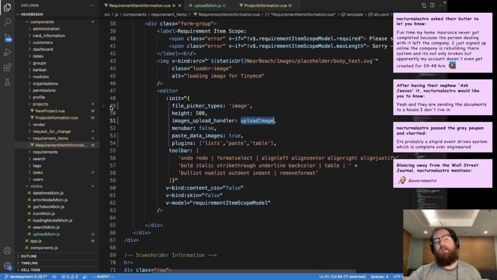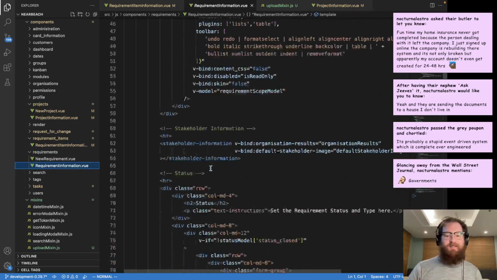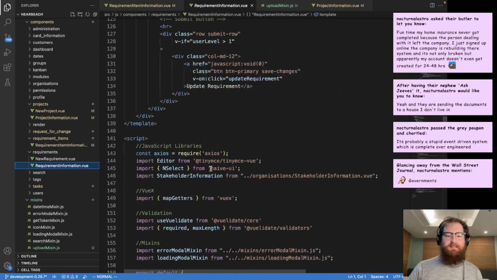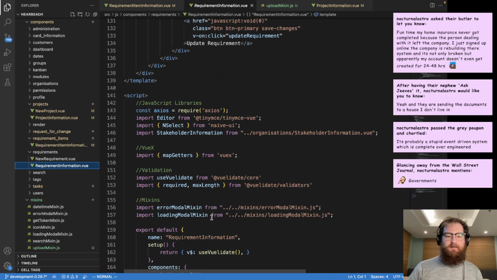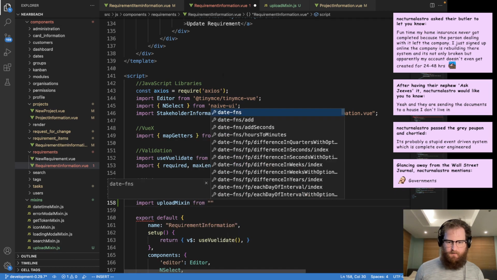All right. Oh, this is requirement item information. I wonder why this is not working. Well, at least I've done it for requirement item information. Okay, let's get down here. Let's import upload mixin from